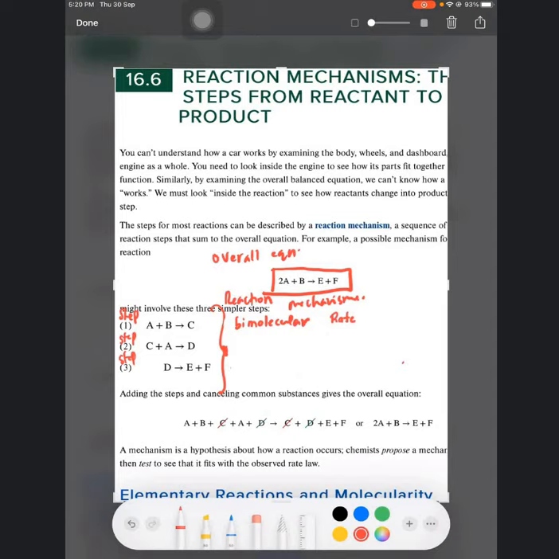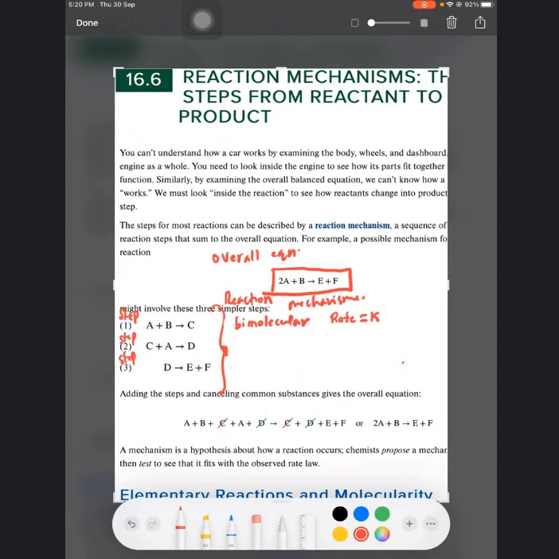Sebab sebenarnya benda ni dia senang, tapi kadang-kadang student dia dah confused dengan terms. Soalan tanya what is the molecularity of step 1. Dia tengok je ada 2, dia terus bagi jawapan second order. Salah lah jawapan dia. Walaupun kita tahu memang dia second order bila dia bimolecular. Tapi bila soalan tanya molecularity dan jawapan dia mesti bimolecular. Bila soalan tanya what is the reaction order, jawapan dia mesti second order. Tapi bila soalan tanya what is the individual rate law, then jawapan dia kena rate is equals to